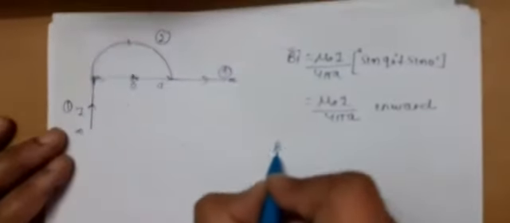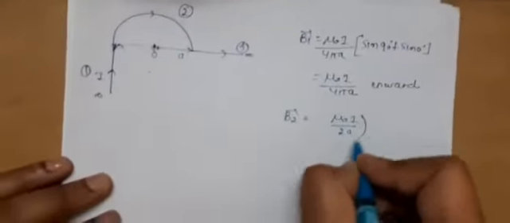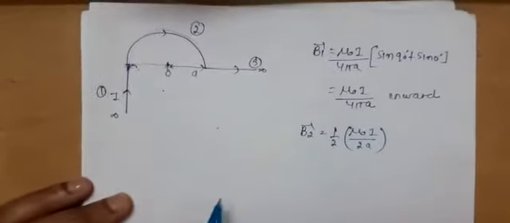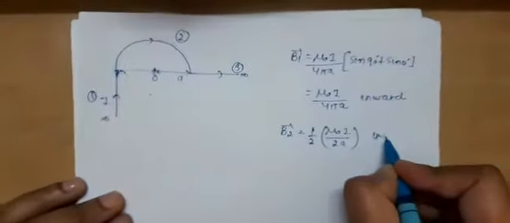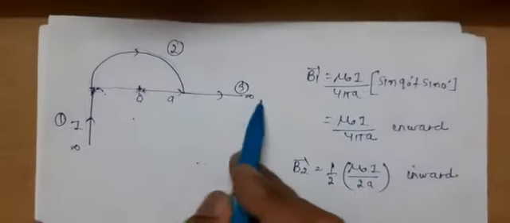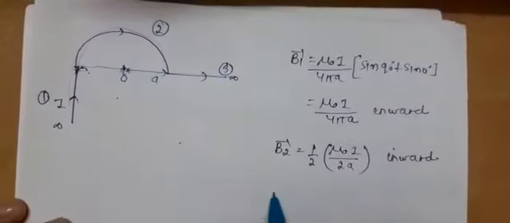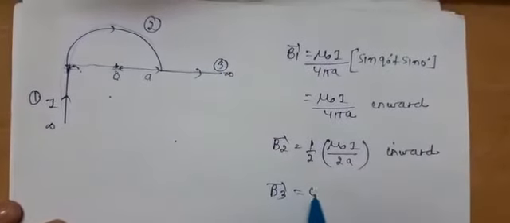Magnetic field due to this semicircular loop, as we know for the circular loop at the center it was mu naught I upon 2a. For semicircular loop it's half. Again you can take its direction. Magnetic field we have to calculate. So current is in this direction, thumb will be pointing inward. So directly by applying the right hand palm rule also, here we have obtained direction. For this third wire, this point is lying on the same axis. So each of the phi 1, phi 2 will be 0. So magnetic field will be 0.